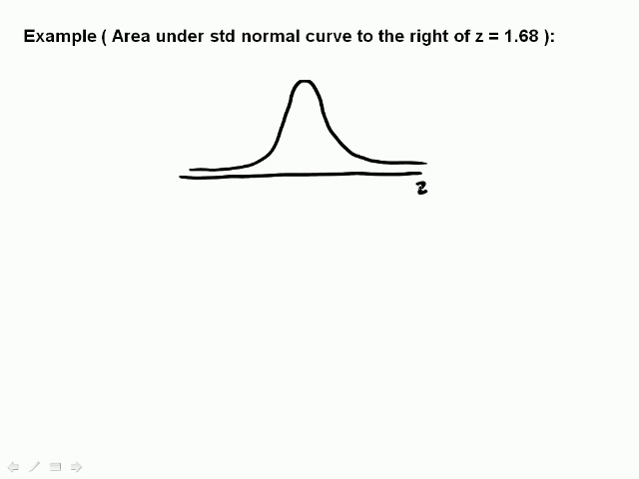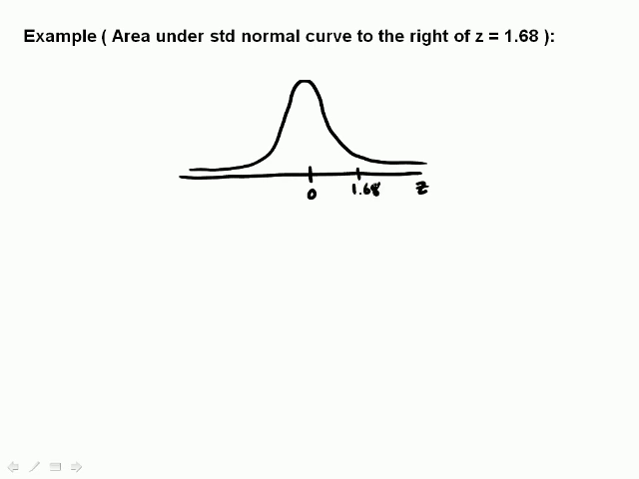Down here on the horizontal axis, these are z-values, as this is a standard normal curve. In the middle here is going to be a z-value of 0, so I'll put 0 there. Then this value 1.68 is going to be over here to the right somewhere, because we have positive z-values on the right and negative z-values over here on the left. So this is going to be